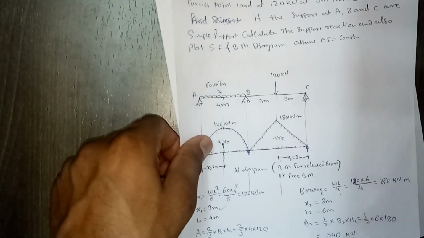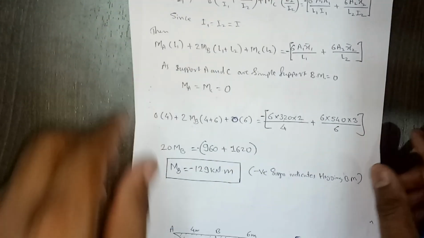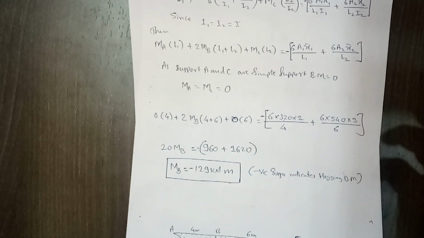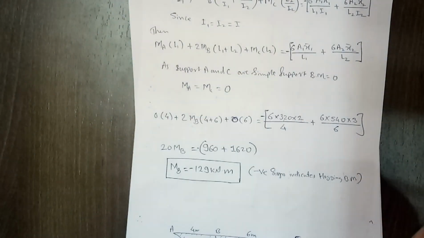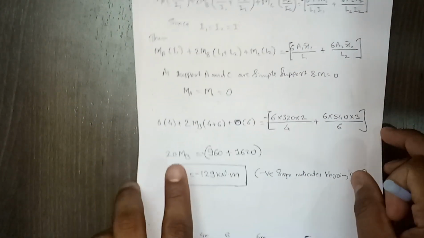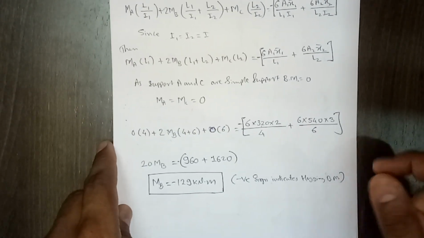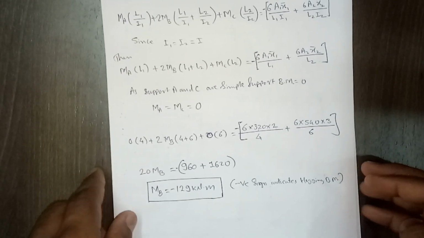We'll discuss some more problems, a little bit more complex, like problems with a moment or settlement, and if supports are fixed supports, then how we can use Clapeyron's three moment theorem. So that we'll discuss in the next class, and I think in the next class we'll finish the 4th unit and we'll discuss some topics which we have left in the 3rd unit.